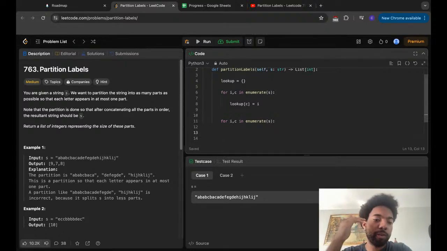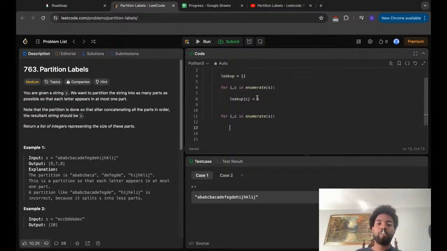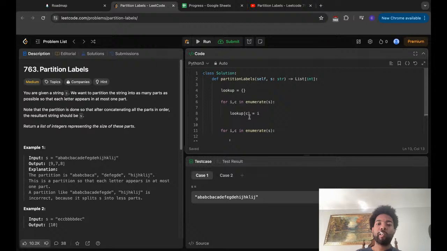What are we trying to do? So we're trying to see, we can set end equals,